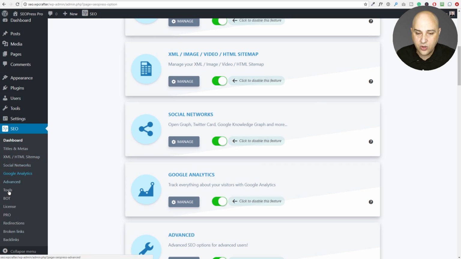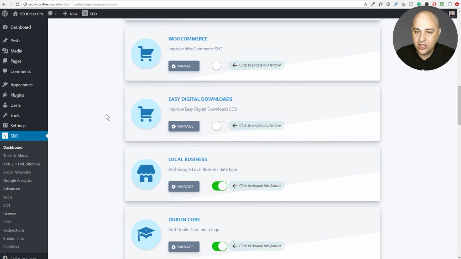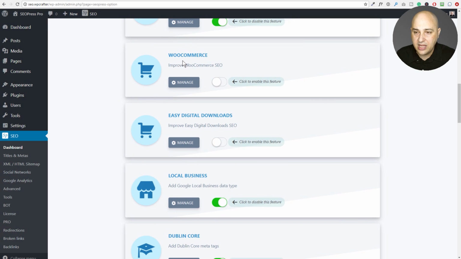But if you notice, we also have an option here in the menu on the left. Okay, so advanced. Now this is where you see the pro stuff. You can do SEO to WooCommerce product pages. That's included in pro or Easy Digital Downloads. Now it's smart enough to know I don't have WooCommerce or Easy Digital Downloads installed on this website, so these